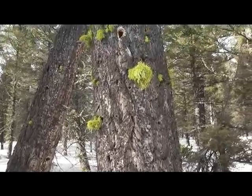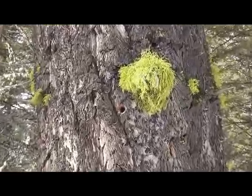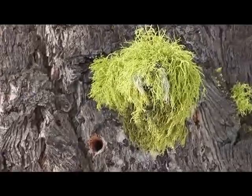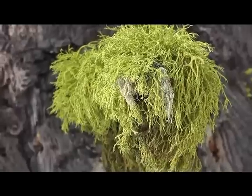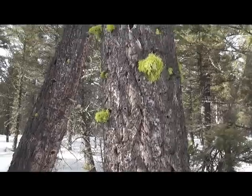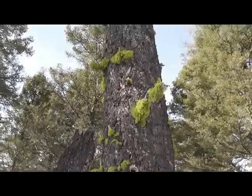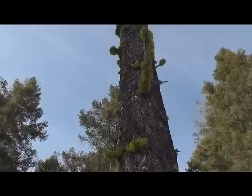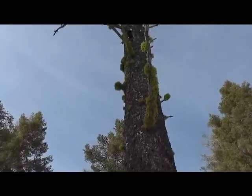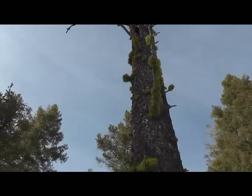Disintegrate, but it didn't. Back east they got a moss called old man's beard. It's long, hangy, stringy stuff. Oh yeah, that's the stuff they use. When it dries up, they use it for...